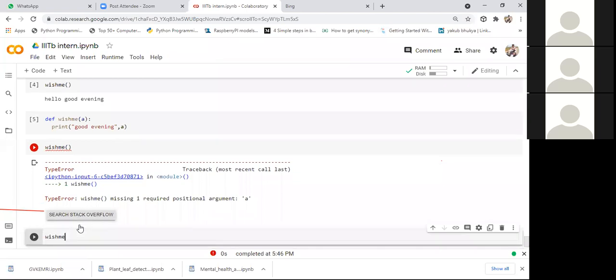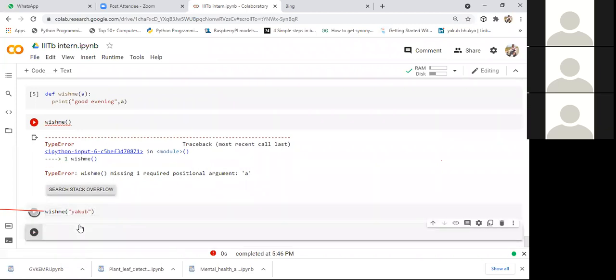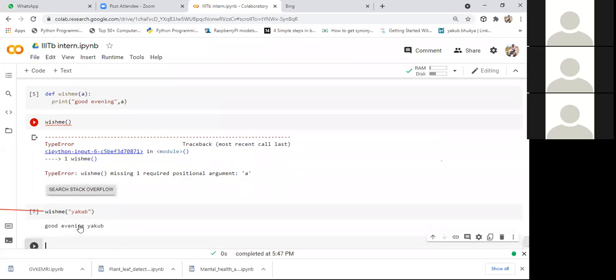I'll call the function and write my name, let's suppose Jakub. Whenever I write my name, it won't give any error. The argument is considered the actual value of a, and this value is passed to the function. Good evening, here a is replaced with my name.